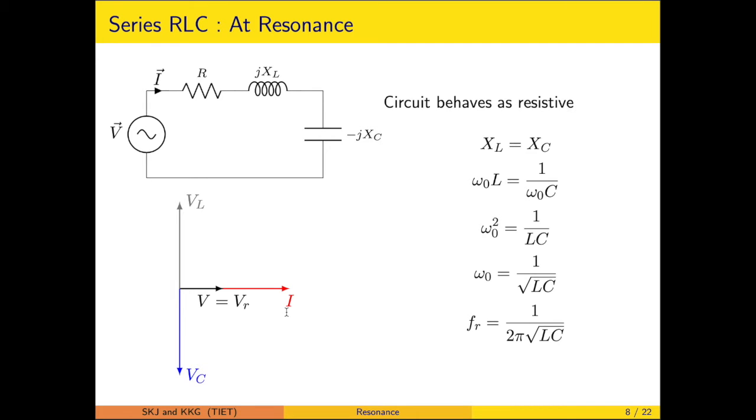Same thing, whatever has been explained previously, that is demonstrated here. So at resonance, XL will be equal to XC. They are substituted likewise. This is happening at a given frequency omega 0, so instead of omega, we will be substituting omega 0. Omega 0 is therefore calculated as 1 upon root LC.